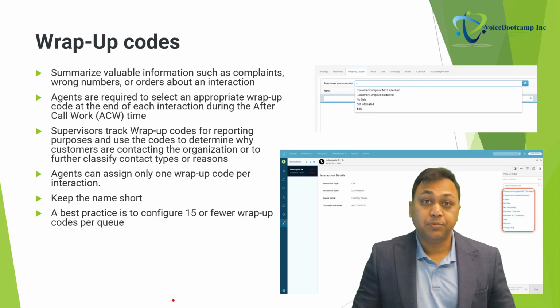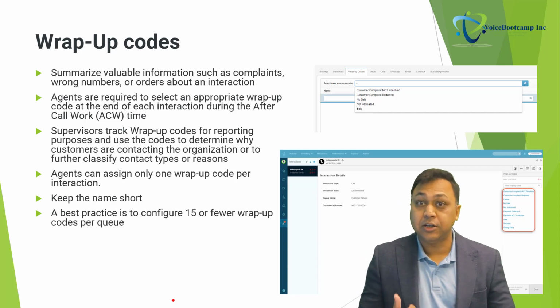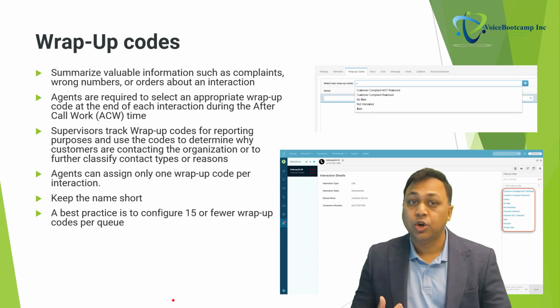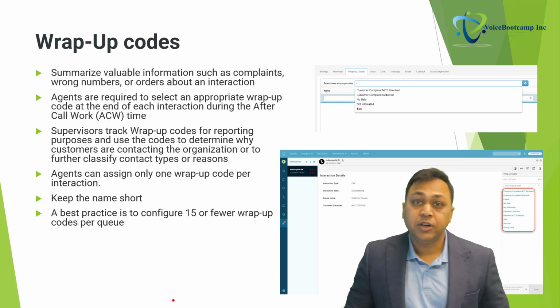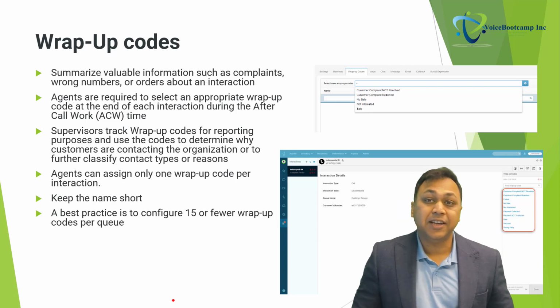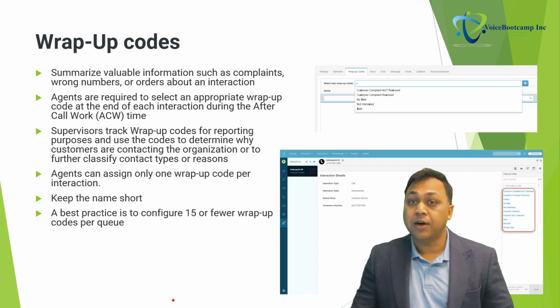Wrap-up code basically provides a quick way to summarize valuable information about an interaction, such as any complaints, wrong numbers, or orders. In most scenarios, every queue has a set of wrap-up codes assigned to it. Now, agents are required to select an appropriate wrap-up code at the end of each interaction during the after call